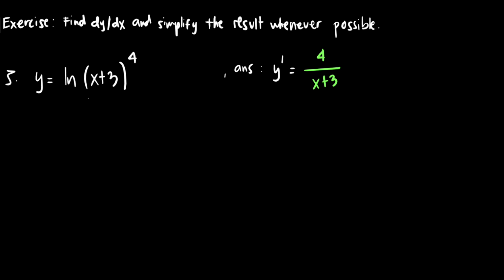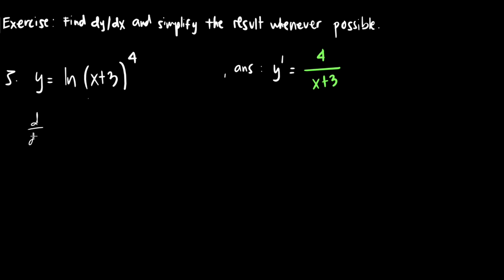For number 5, find dy over dx and simplify the result whenever possible. So for number 5, y is equal to ln of (x plus 3) raised to the power 4. So we know that the derivative of ln is just equal to this one,